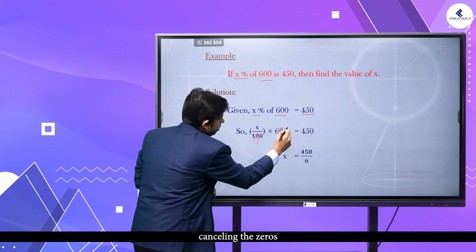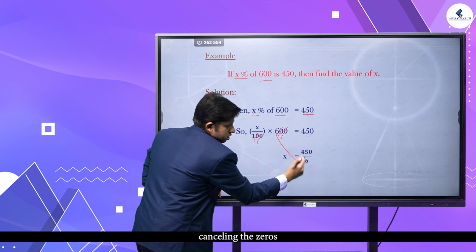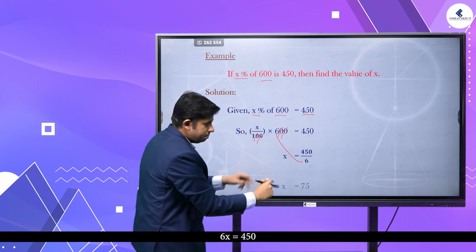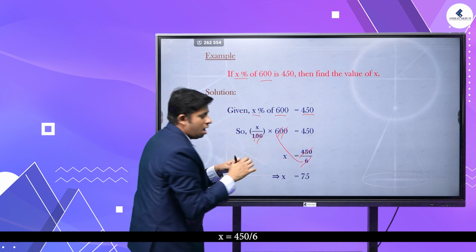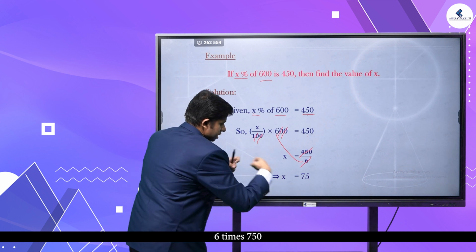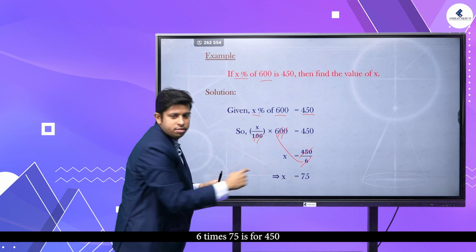Cancelling the zeros, 6x is equal to 450, x is equal to 450 by 6, 6 times 75 is 450,